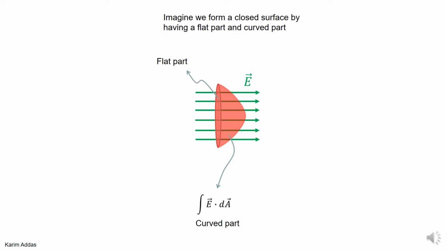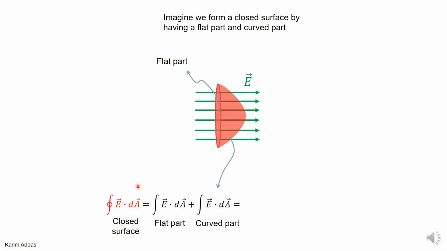Now, if you look at that surface, the curved part, let's make a small circle here that makes this into a closed surface consisting of the curved part and the flat part. Of course, if you want to now apply Gauss's